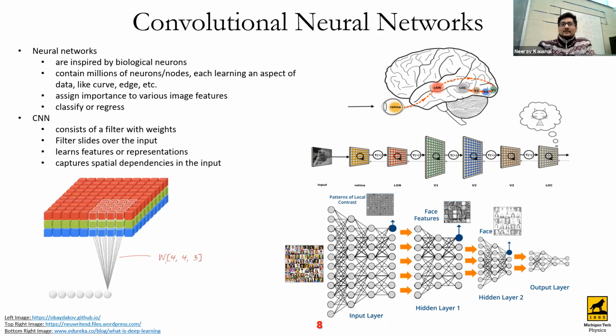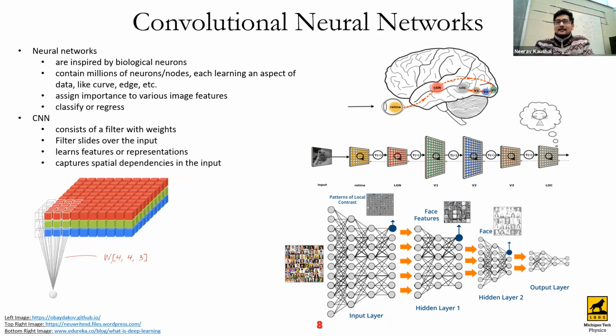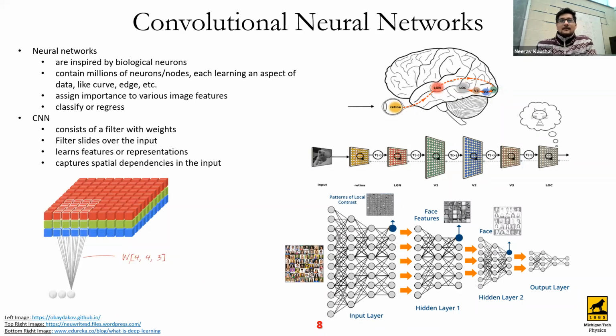On the lower right, you can see that we have a set of images of faces of men and women. Our input layer is reading these images, and then it's finding the patterns of local contrast. Then it's passing on this information to the next layer, which is hidden layer 1, which is combining them together into something more meaningful, such as the features of our face, like nose, eyes, etc., which is further transferred up and so on. At the end, you can see that there are just 2 neurons. This will give you the probability of a particular image belonging to a man or woman. Next.